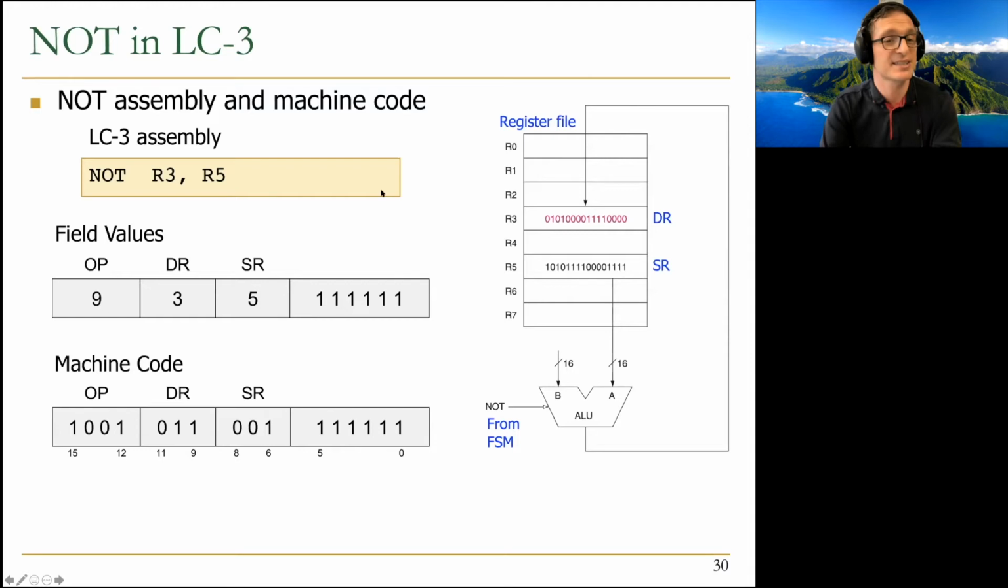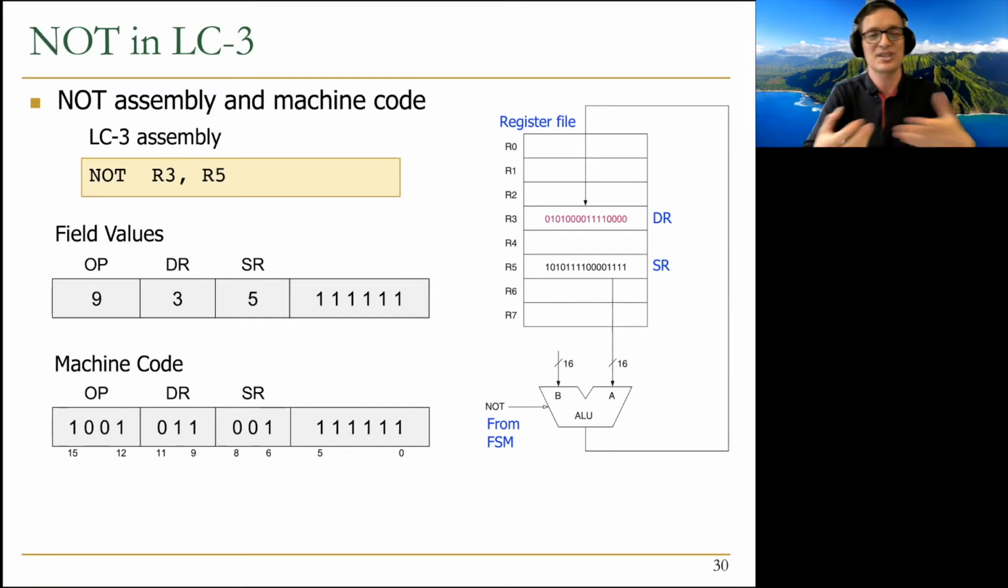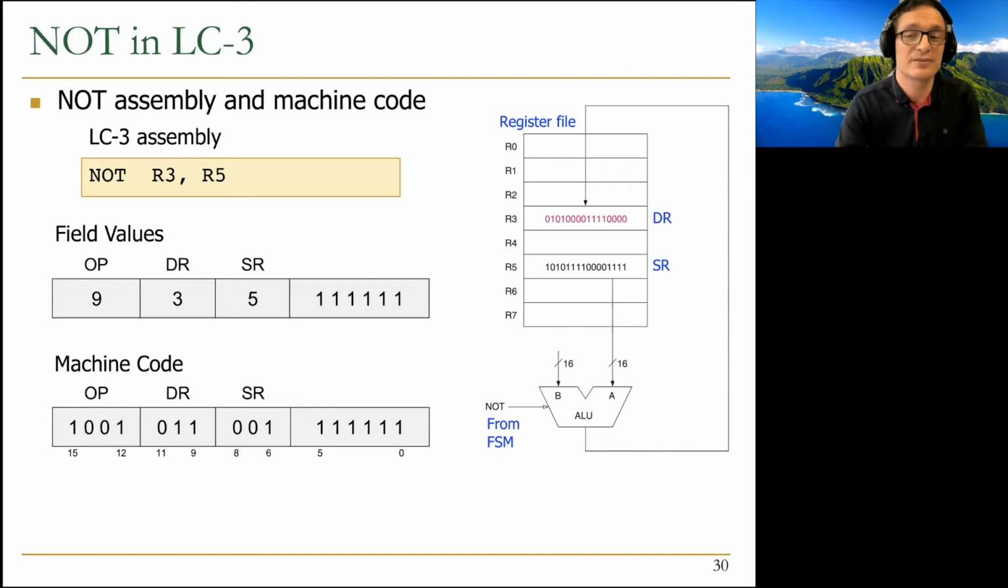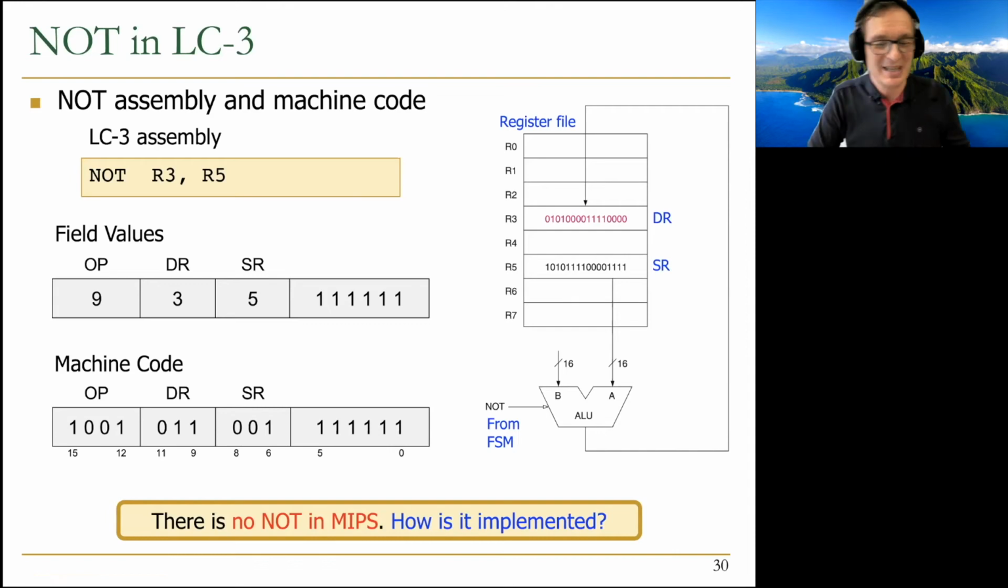So this is the representation of how this operation executes, at least in the execute stage, not all of the other stages or phases of the instruction processing cycle. This is the execute phase of the instruction processing cycle. And we're just looking at the data path components in LC3 that execute this not operation. So hopefully it's simple. There's no not in MIPS, actually, interestingly, as I didn't show,